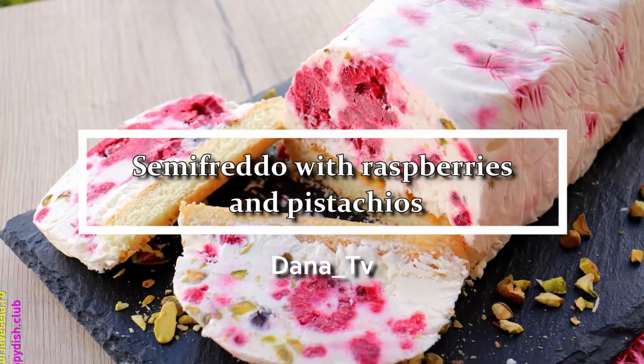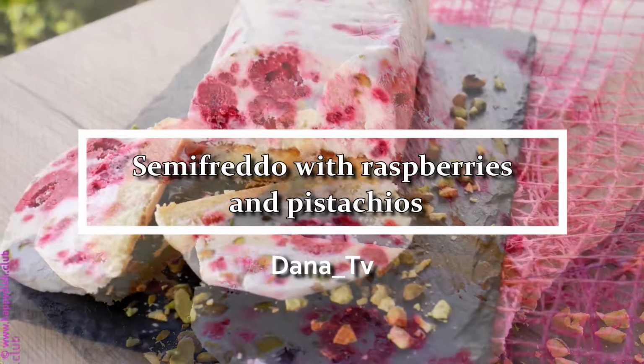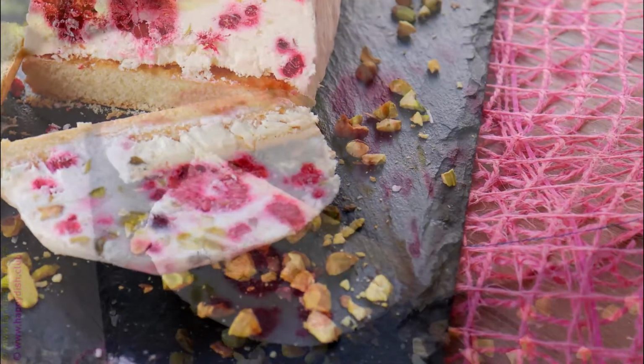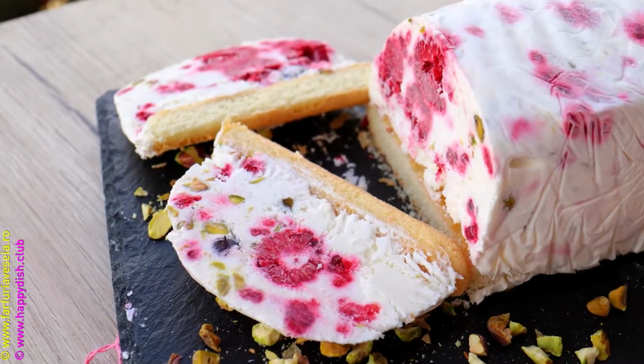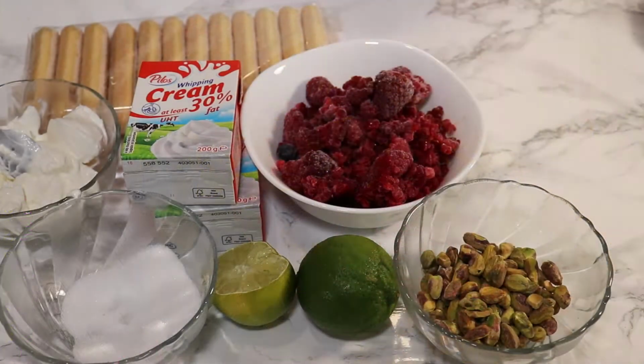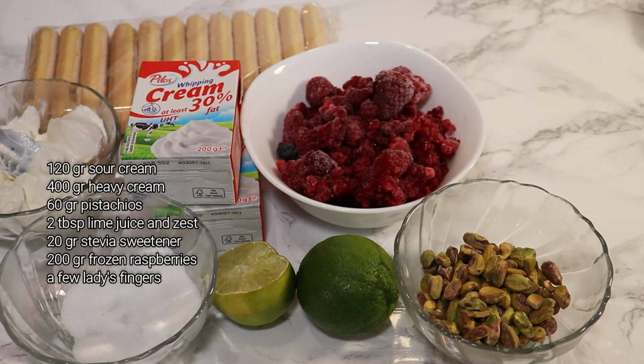My name is Dana and today I have for you a frozen dessert. It's kind of like an ice cream but without eggs, and we have raspberries and pistachio and it's so easy to prepare. I'm gonna use sour cream, 120 grams,